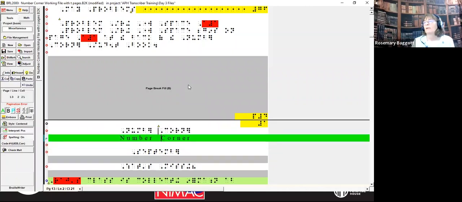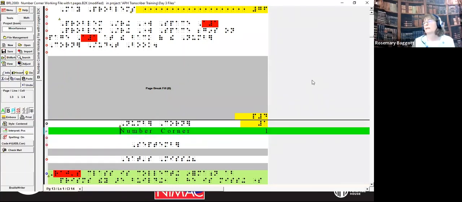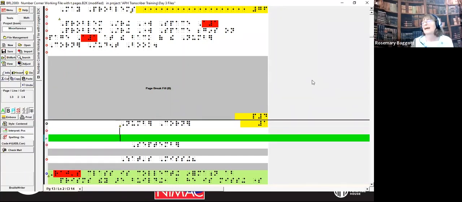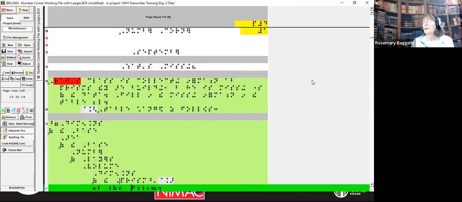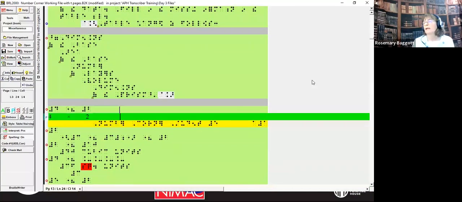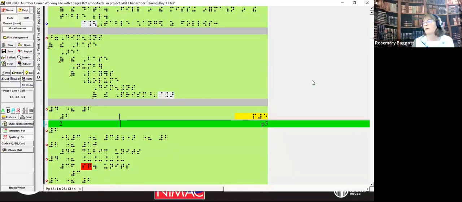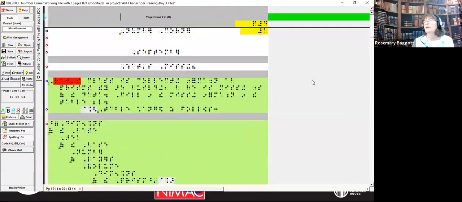I don't remember the complete title right now, but just for our purposes, since it's a sample file, we did that the other day already. I noticed the print page 1 has already been entered by Braille 2000. I'm going to say yay. The Braille page number, however, is at P5. Now that I'm into the text, instead of P5 for preliminary 5, I want that to be 1. So I'm going to go back here.